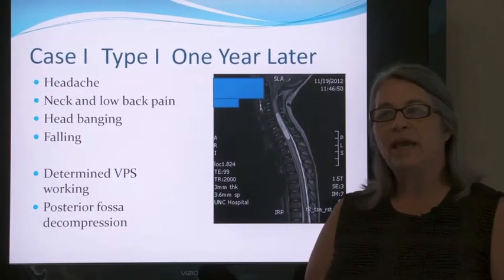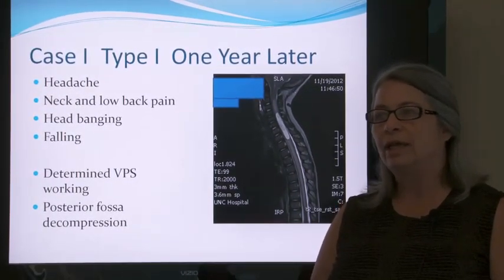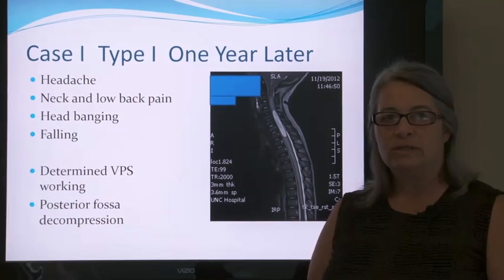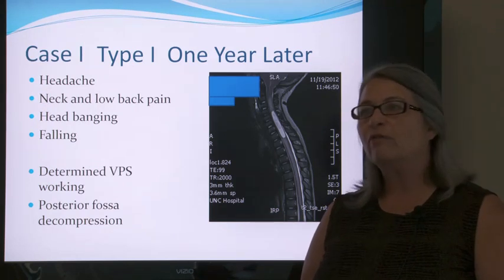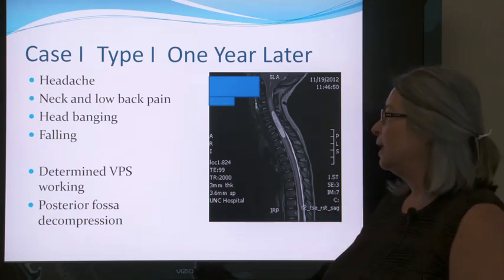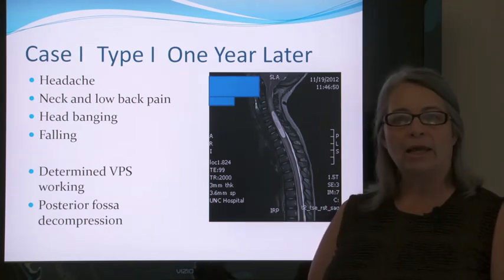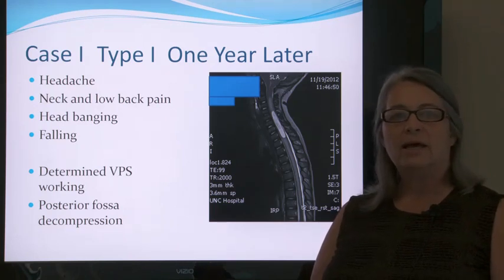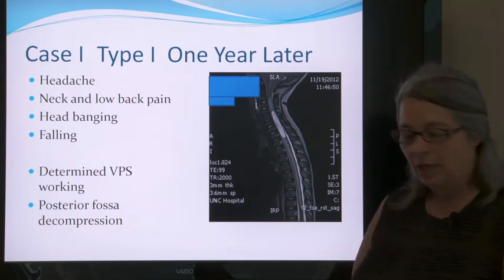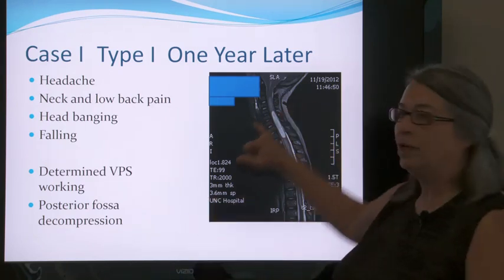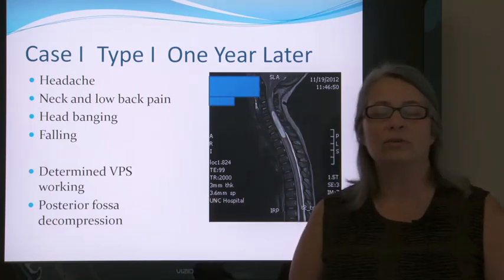Children can have behavior developmental issues and head bang, but oftentimes we see in their history that they've been head bangers and they've been doing it for pain in their head. He had started to walk and then had a decline in his ability to walk, where he was falling all of the time. So because of the herniation in the syrinx, we did know that there was an obstruction in the cerebral spinal fluid flow,